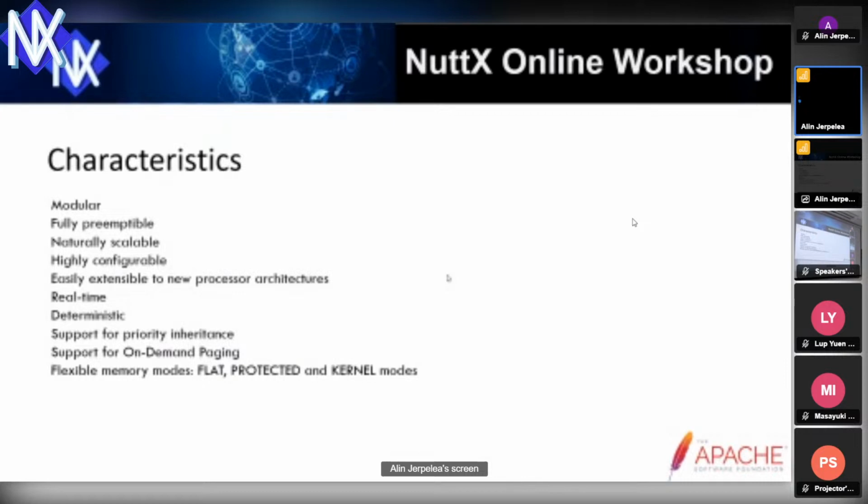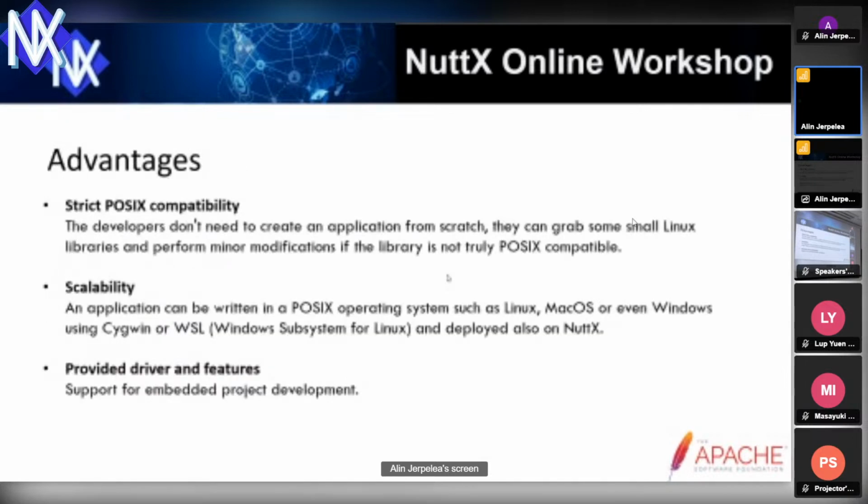Its main characteristics are: modular, fully preemptible, scalable, highly configurable. It is easy to extend to new processor architectures. It is real-time, deterministic, and has support for on-demand paging and priority inheritance. It has flexible memory modes: flat, protected, and kernel mode. Main advantages are its strict POSIX compatibility, its scalability, and the fact that it provides drivers and many features for